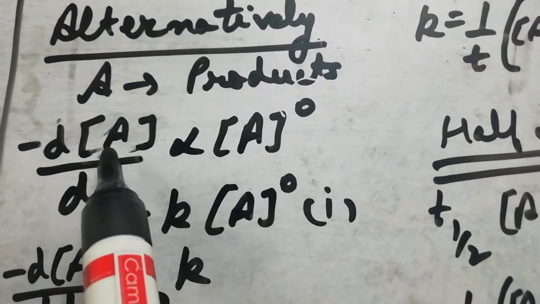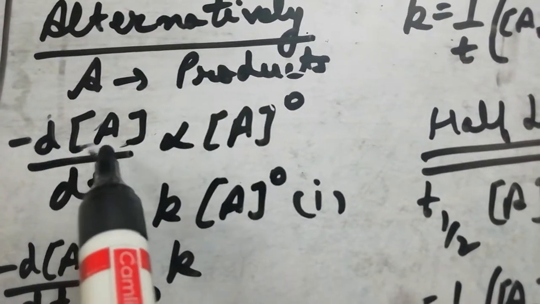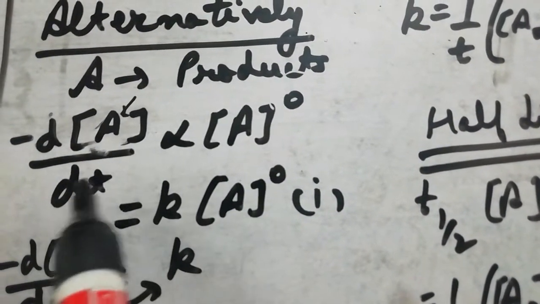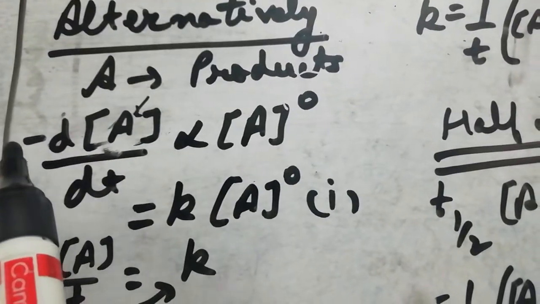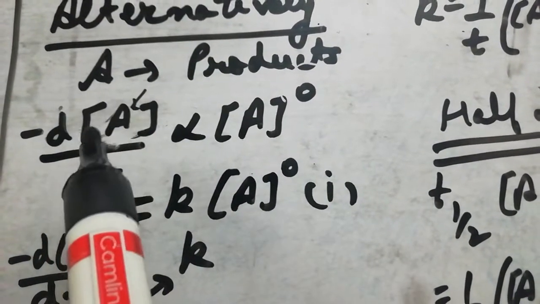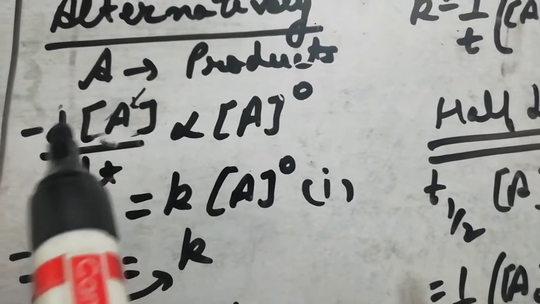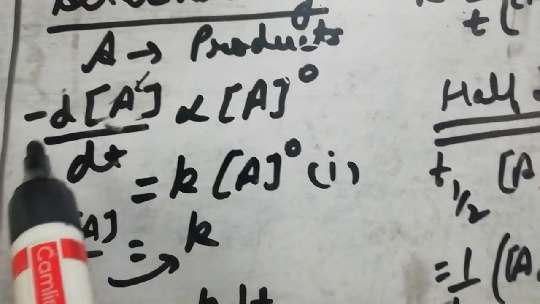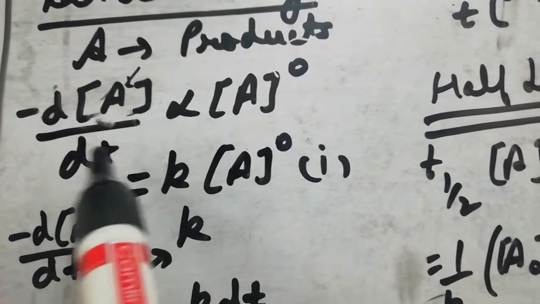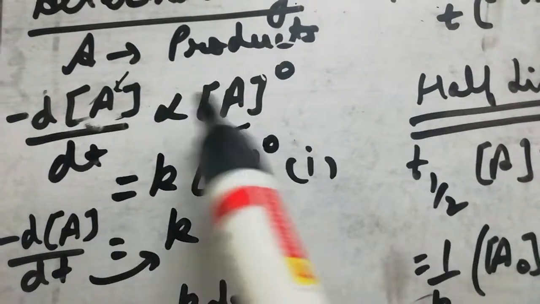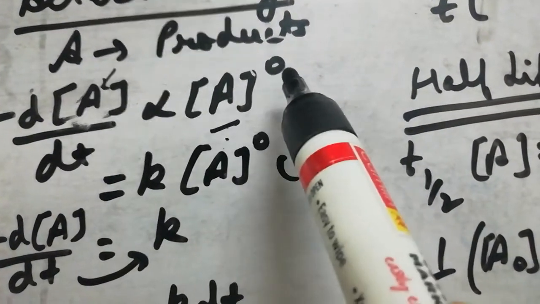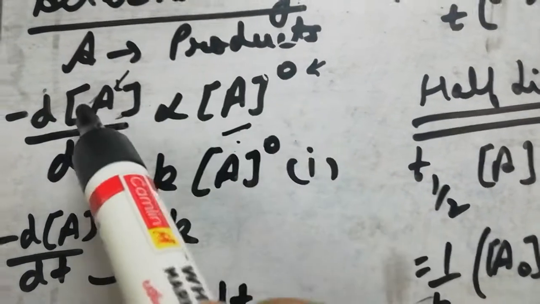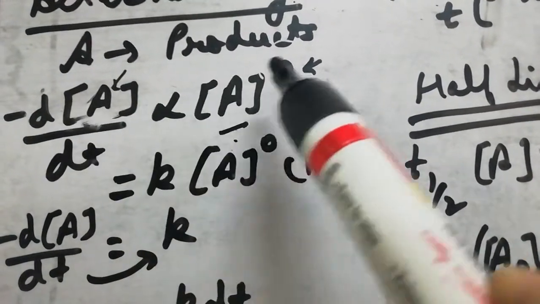Here we have defined that we are talking about the rate of reaction in terms of concentration of A. So -dA/dt. And why this minus sign? Because A is the reactant and concentration of reactant decreases with time. That's why we have used this minus sign. So -dA/dt is directly proportional to the concentration of reactant raised to power 0. Why 0? Because we are talking about the zero order reactions in which rate of reaction is independent of the